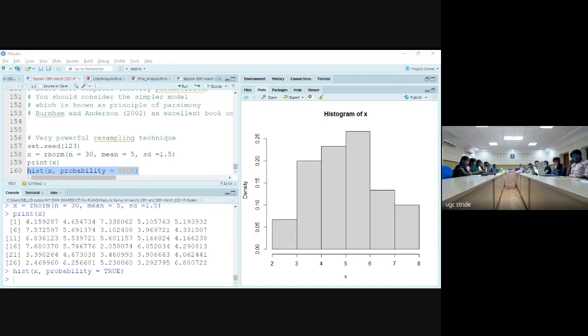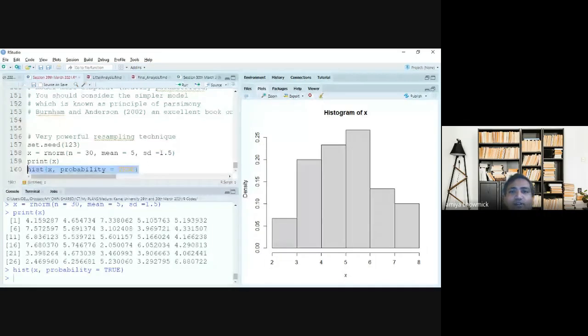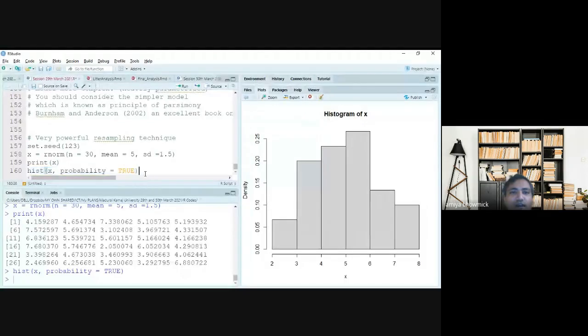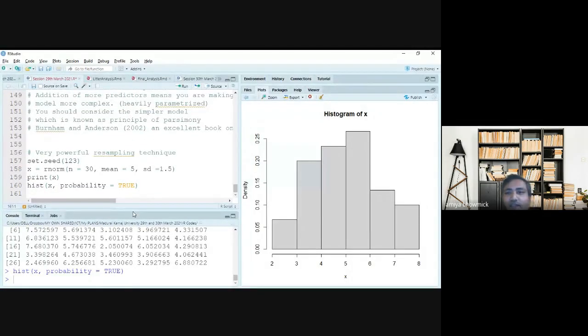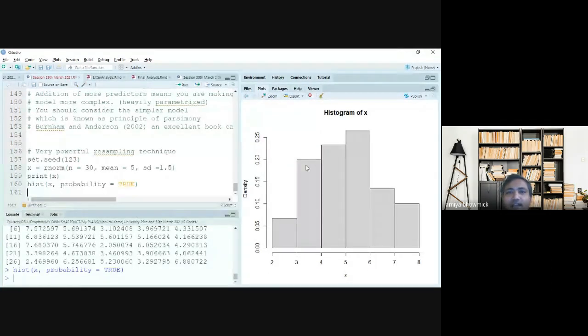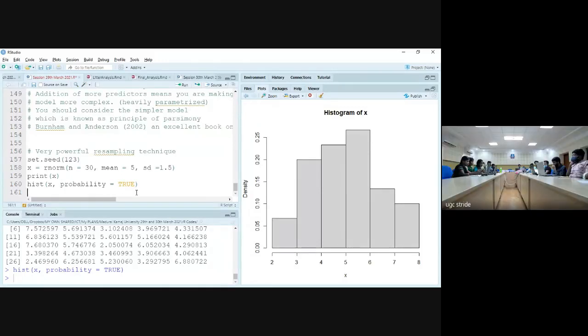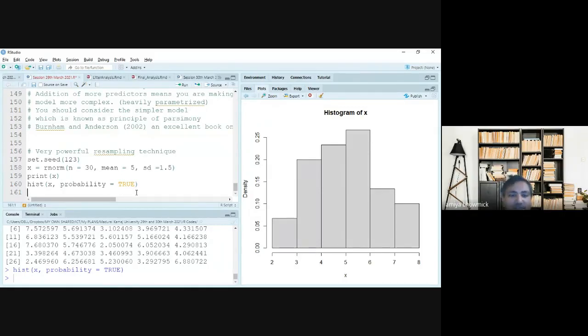Okay, now I think most of you have got this histogram. As you can see from the shape, you can easily understand that it seems to come from a normal distribution, right? This kind of bell-shaped bar, everybody has got the same picture.